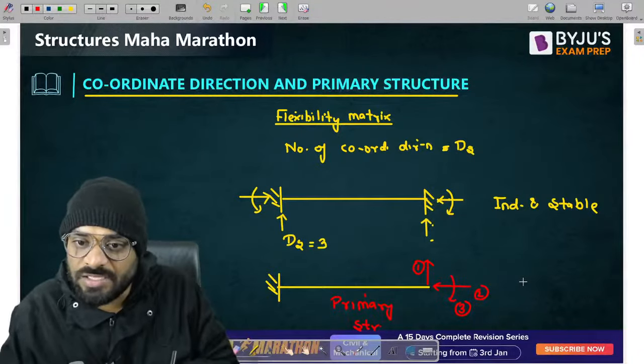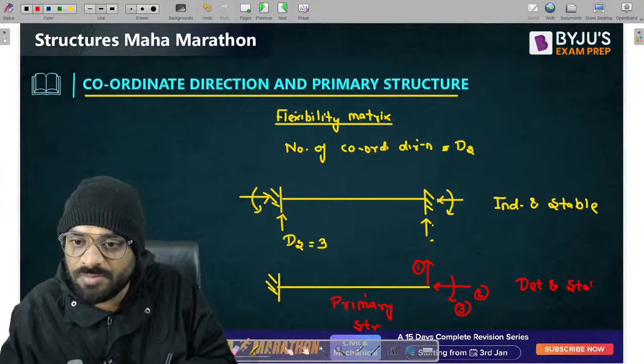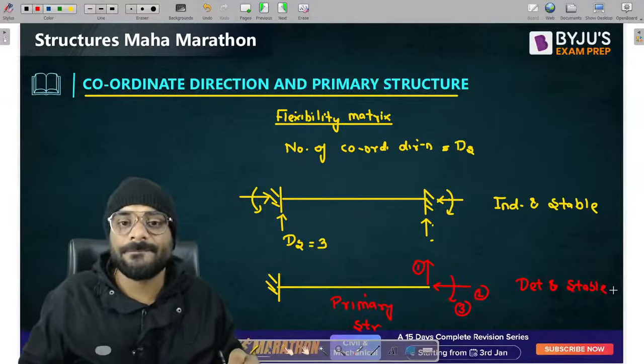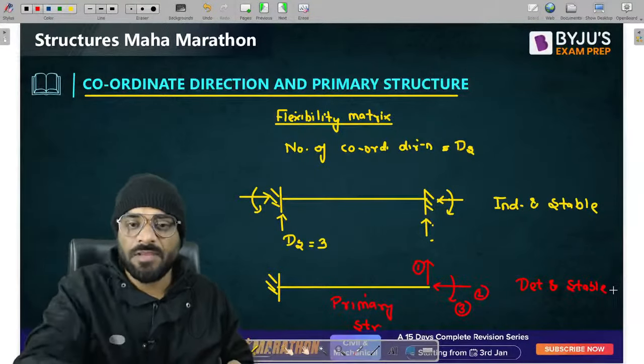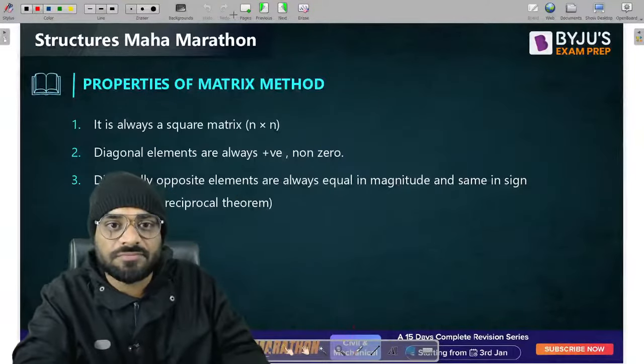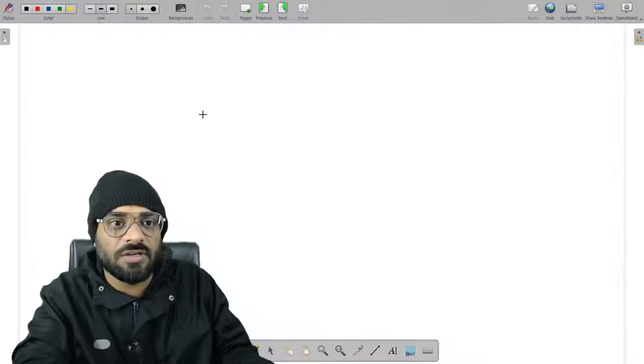Clear? And this one is determinate and stable. Getting a point? Easy. In case of